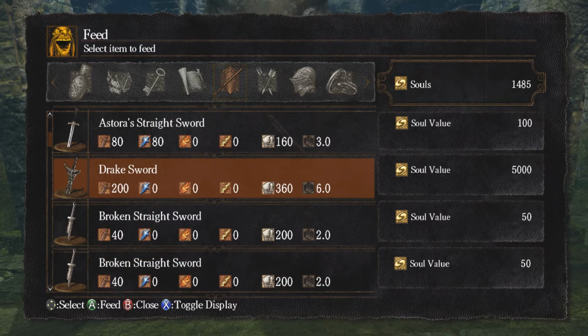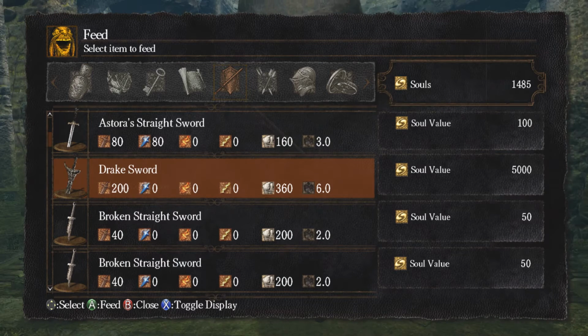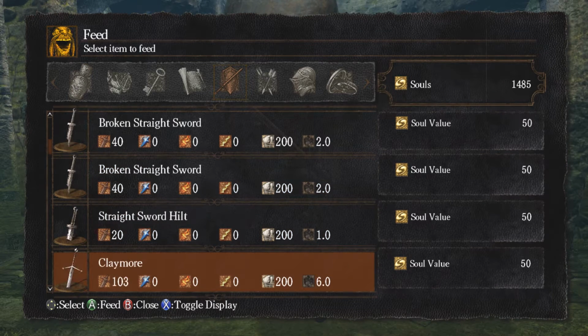So all of these items you picked up and maybe don't want. For example, the Drake Sword. I could sell him that for 5,000 souls. Very, very nice, especially since I'm not planning to use it. And at this point, neither should you, because it really stops being useful quite soon. There's a trick I'll show you with it, but